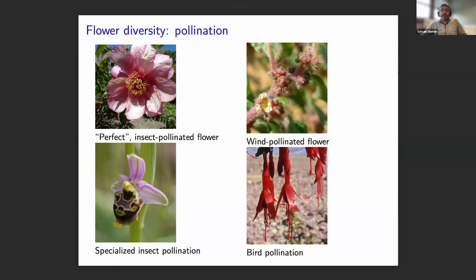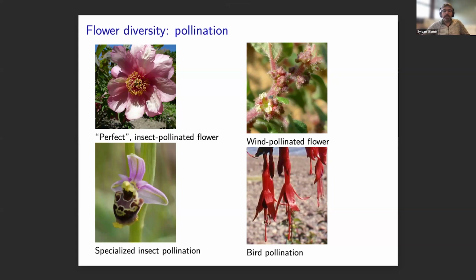And among this huge diversity in flowers, it can be related to the way species reproduce. And we can be interested in two aspects. One aspect is the diversity of flowers related to pollination, because plants are fixed organisms and they need some vector to put together male and female partners. And typically what we have is what we can call the perfect flower, which is mostly hermaphroditic with female and male parts on the flowers, and with some attractive organs that can typically attract some pollinators,